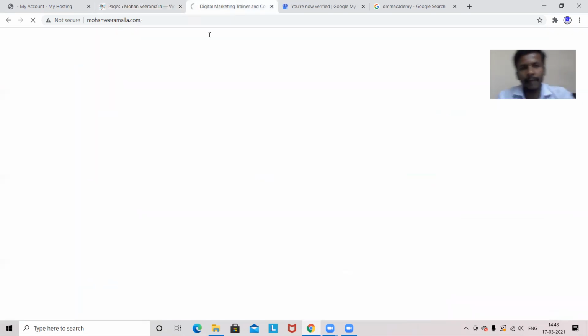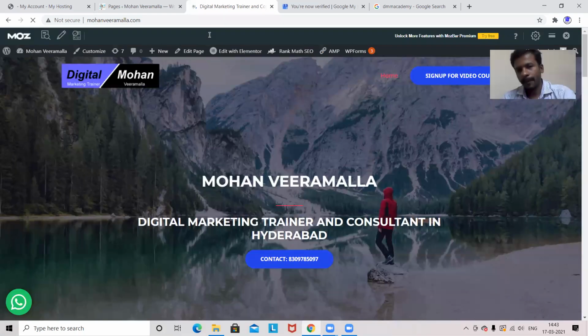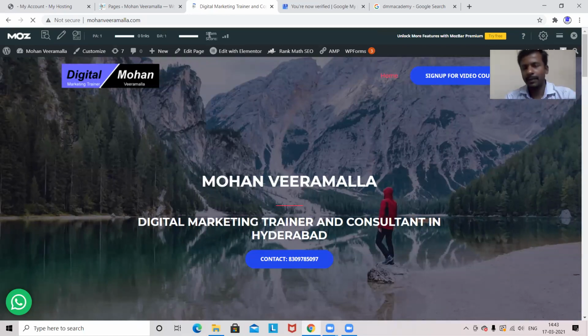So first, for any website, we have to have a wireframe, like a design which is already available with us. With the help of that, we'll be designing easily. For any website, the header and footer part will be the same. If you go to any page of the website, like the home page, about us page, service page, or contact page, the header section and footer section will be the same.